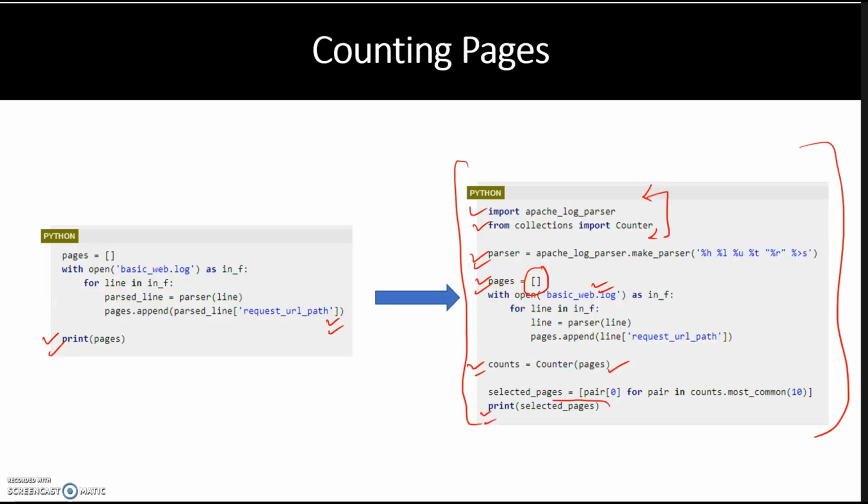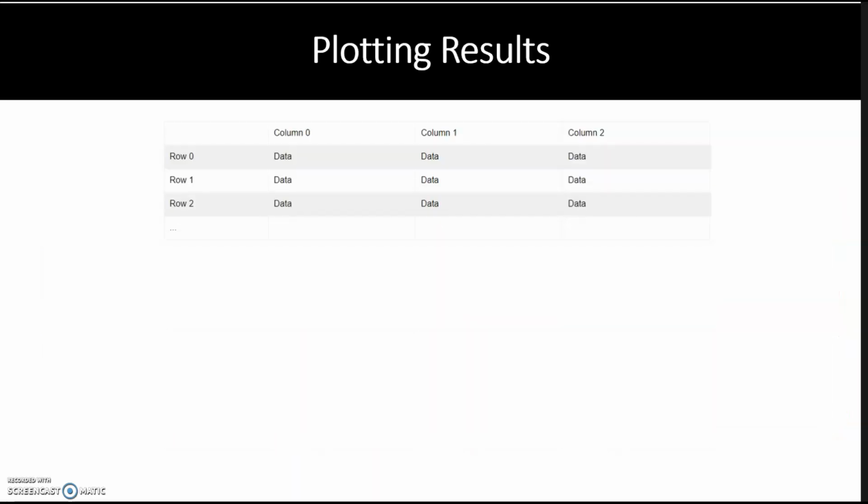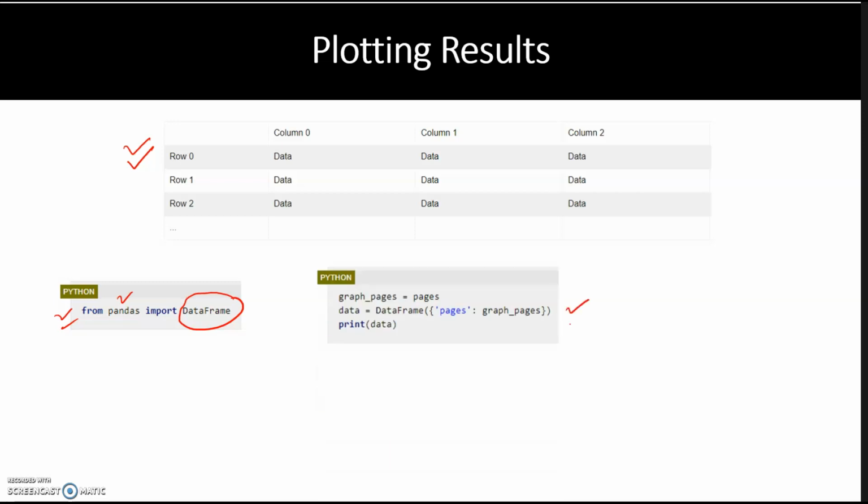In order to plot the data, whatever values it prints will be unstructured. So in order to generate the plot, you need to convert the unstructured data into a structured format. We want to represent the unstructured data in tabulated form, like this, in columns and rows. For this, we can use a data frame in Python. So you need to import another package, pandas, which supports data frames, and then your code will change to this.